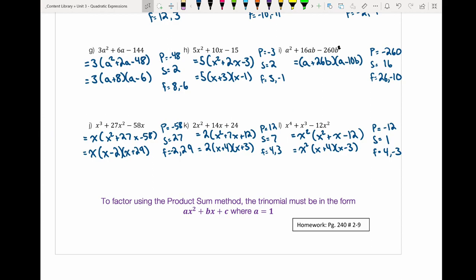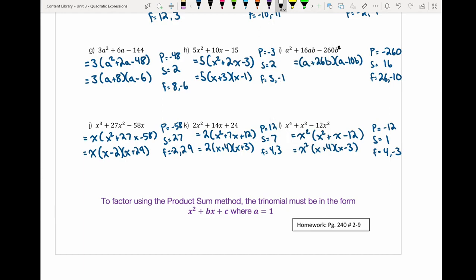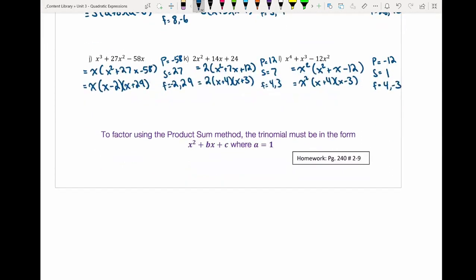To factor using the product and sum method, again, the trinomial must be in the form ax squared plus bx plus c, where a equals 1. So in reality, we're not even going to see this a, because with 1 we don't have to actually show it. So you should just see x squared plus bx plus c. Some helpful tips to help us figure out what our factors are. If the product is positive and the sum is positive,